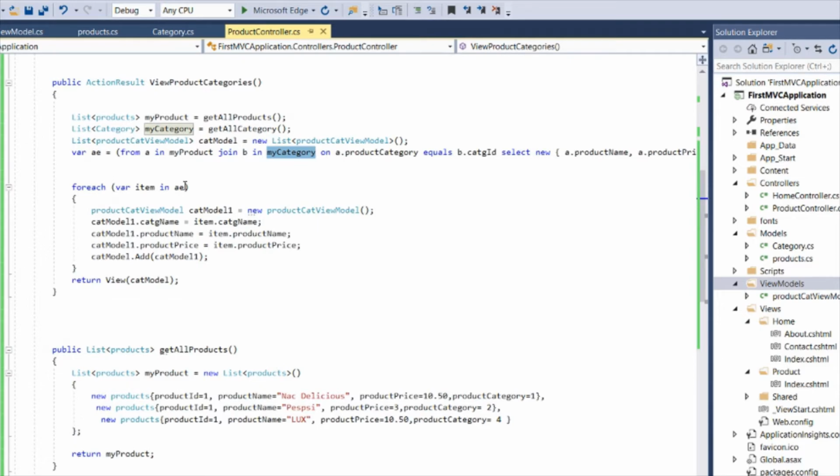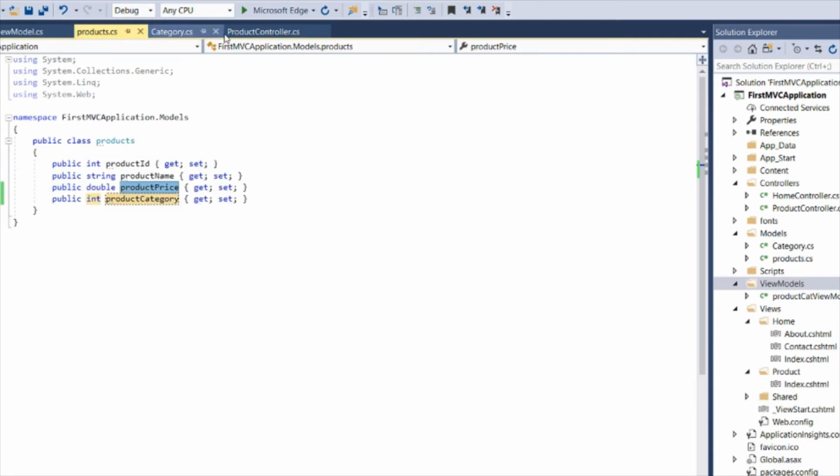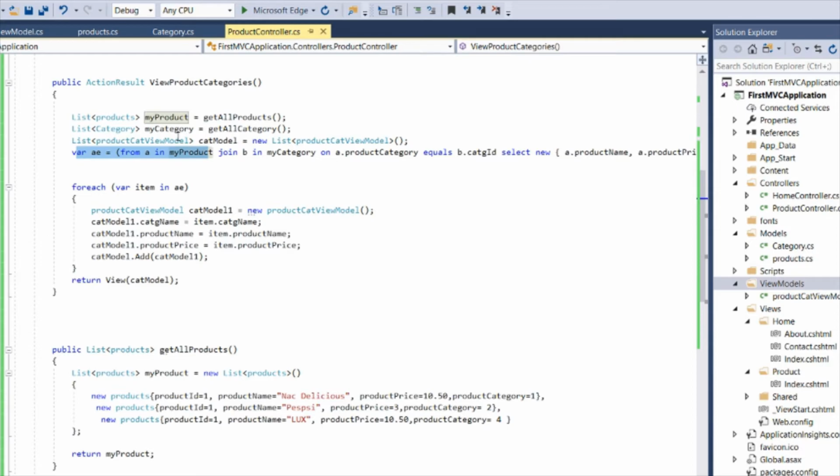Then I'm iterating through this list and I'm creating an object of product category view model, which I will pass on to the corresponding view. So basically I'm creating all the objects with all the properties that we saw over here. I'm getting this information using LINQ over here, which is a mix of both of these things, and then I'm creating and passing this information into the view. So I am creating this list collection, and then I'm passing this list collection to